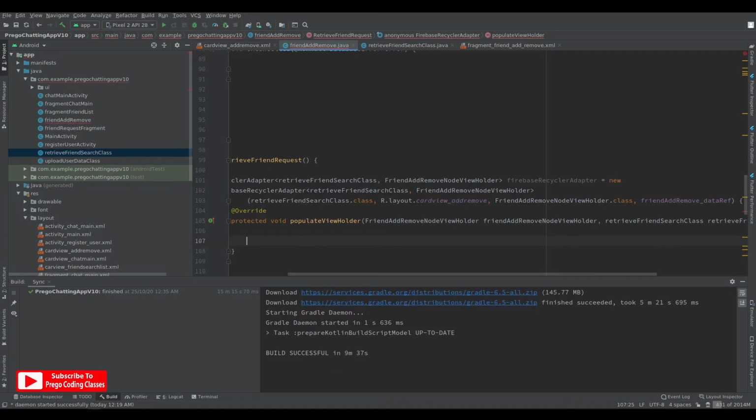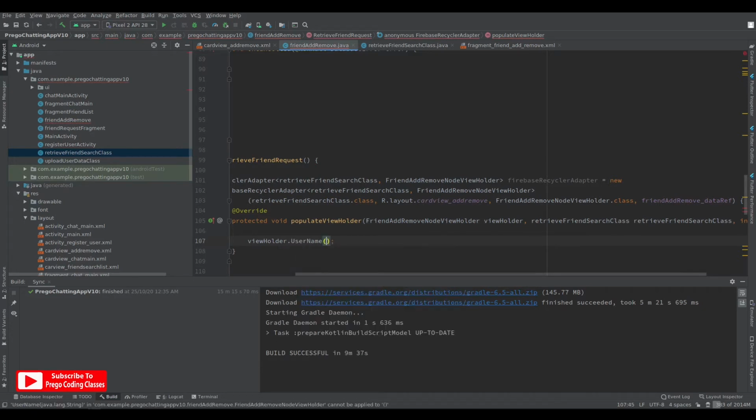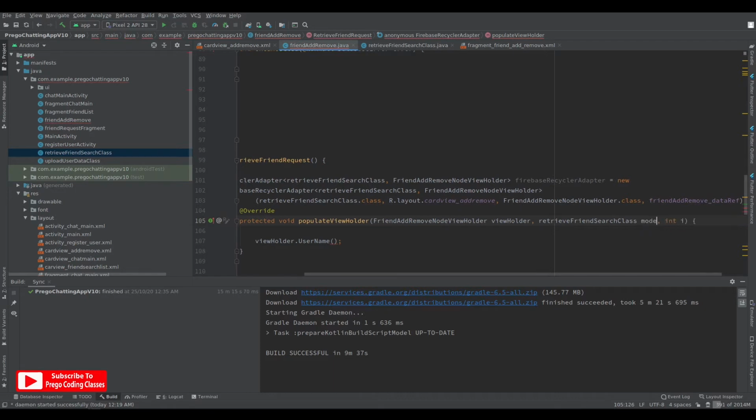Now in the populate view holder, let's just bring it down. What is the name of the view holder? It's the whole thing. Let's just make it short. Let's just make it view holder, and everything is fine. So we'll say view holder dot username. The string would be, let's give this class a name also. Let's give it model dot get username,